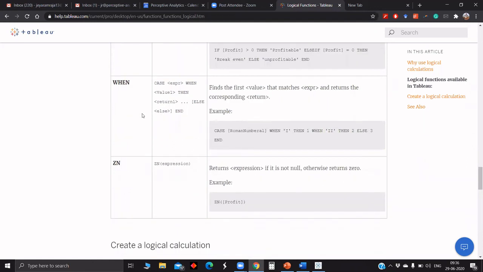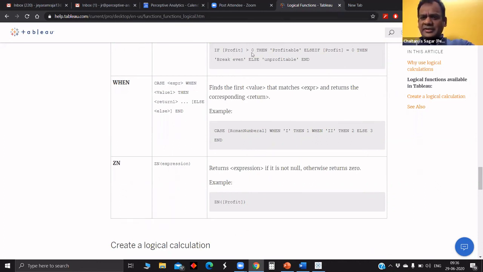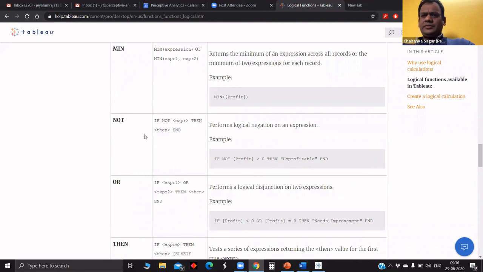Then here we have the when function. When will mostly come in the case where, when the function is true, then will get executed. Zn, which you have already seen: if it is null, then Zn will replace the null with 0, and if it is not null, it will show the value whichever is there. Yeah, that's all. Hey, when is very interesting. So just help me understand that again, please. So when basically comes in the case function which you have seen. Oh, okay. Case which you have seen.